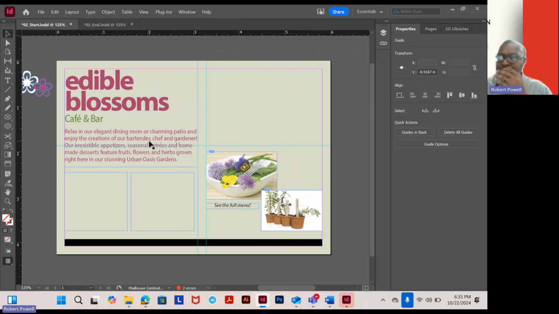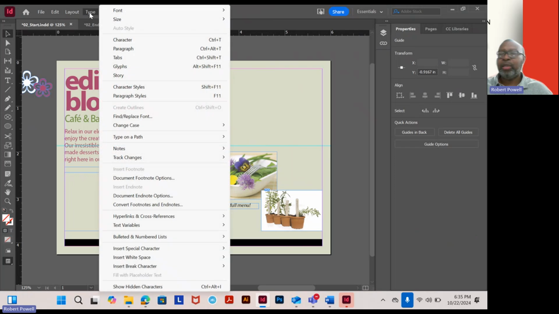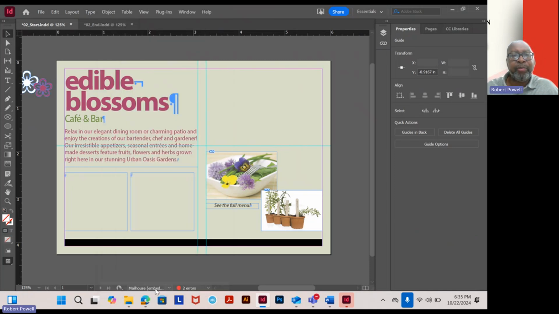And so let's just show the hidden characters, because some of the characters you will see are hidden. In order for you to see the hidden characters, you want to go to Type and go down to Show Hidden Characters, which is at the very bottom here. And so as you see here,